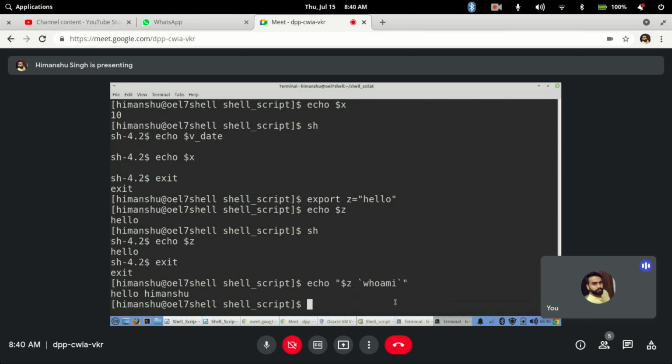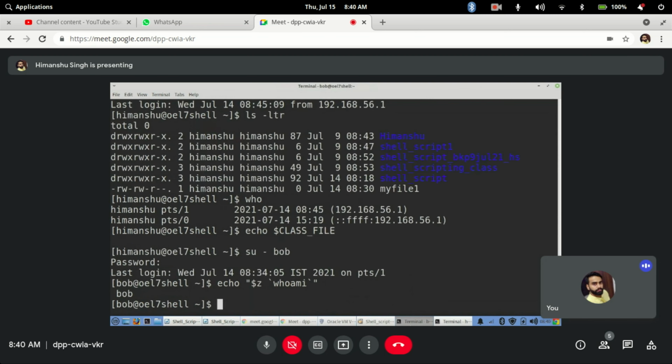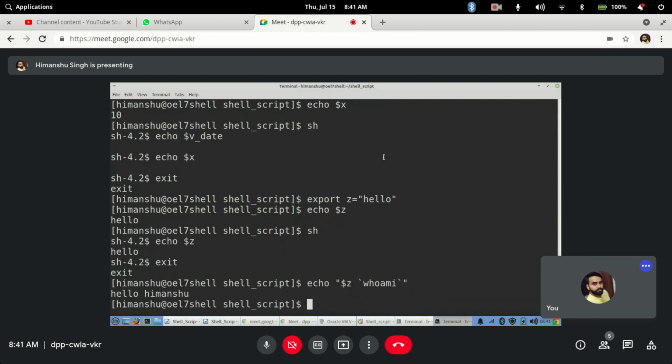Now this variable, as we just saw, is only available on this shell. Even though I say this is a global variable, I still don't see it in other terminals, right? So the main thing is that I go ahead and mention this in this terminal also. I go ahead and mention export z equal to hello.